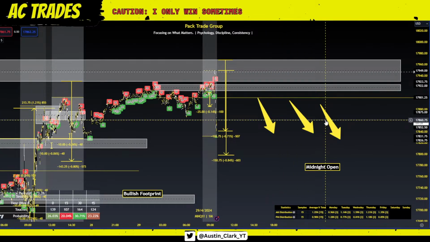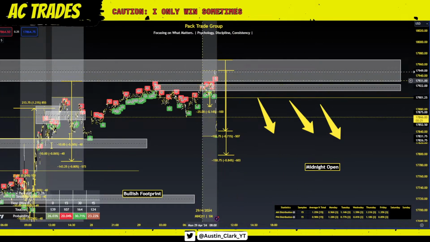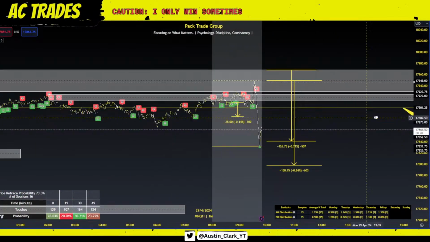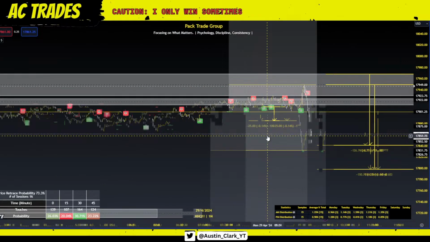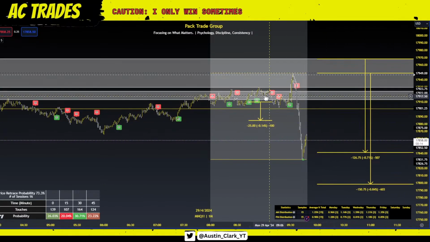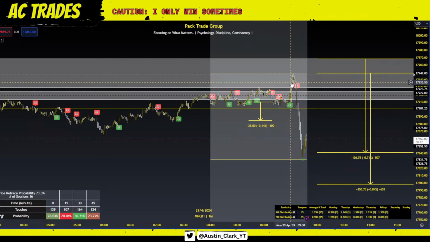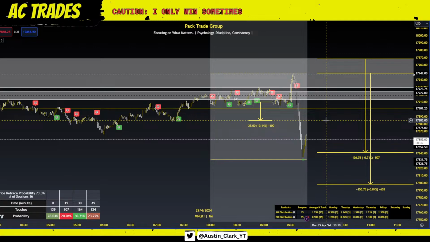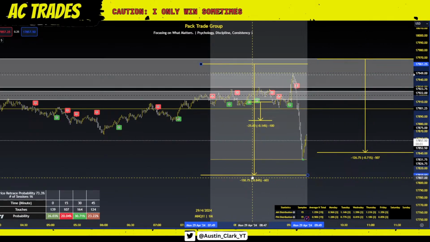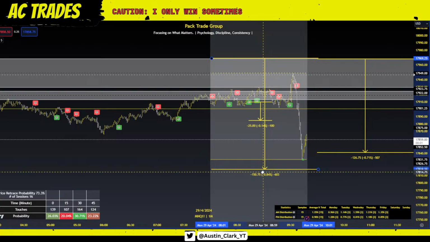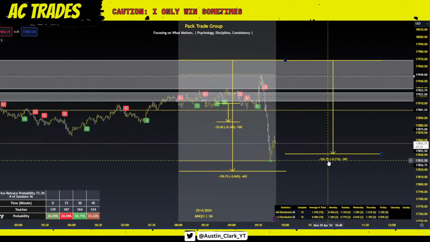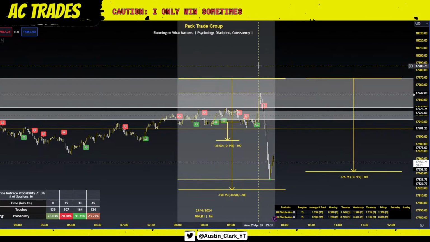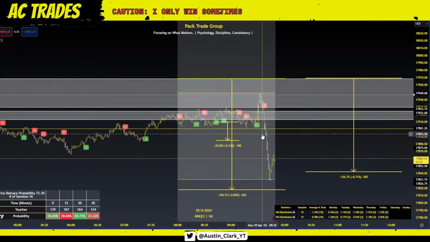3 main data-driven reasons for me to look for shorts here in this area. Nothing else. I don't need to know what the fundamental analysis is. I don't need to know what a fair value gap is and where it is. I don't need to know if this is a divergence or an SMT. I don't need to know any of it, because I have empirical data that anybody can measure on their charts. And it's telling me, hey, the time is to go short until it's not. Until we get outside of this window where the probability is the strongest,